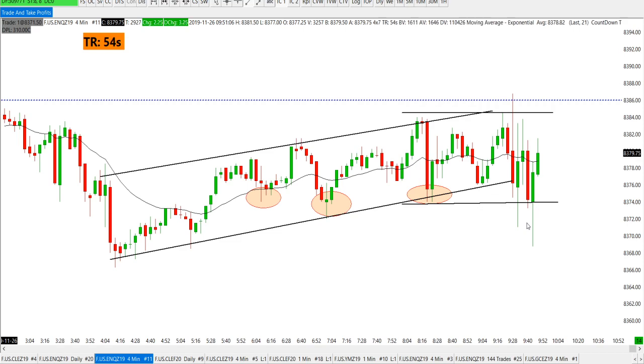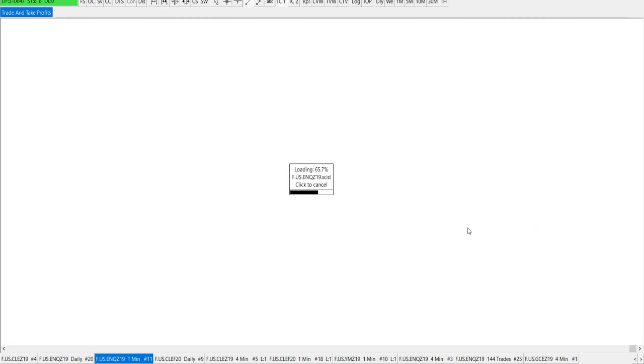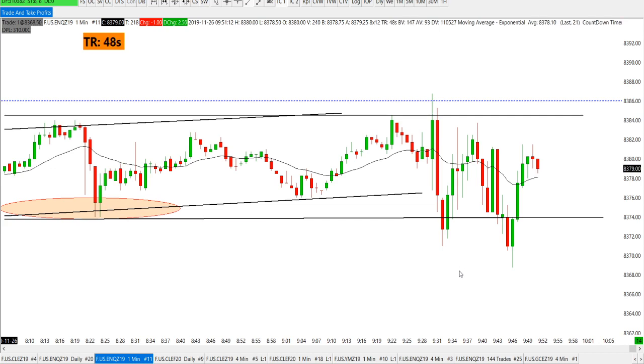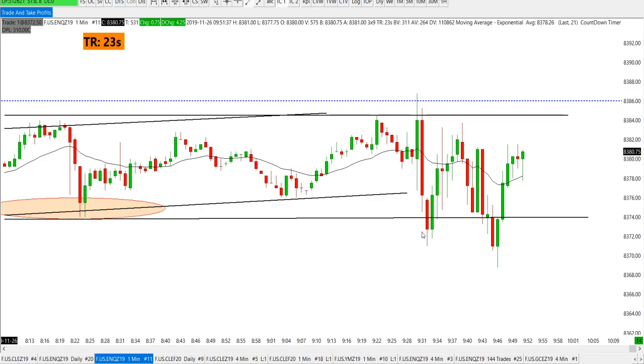So me personally, if I wanted to go long right here, I wanted a little bit more confirmation. But overall, I think the buyers might be in control right now. I'm just trying to basically get a decent setup right now. Like, I could be aggressive and buy right here, but I'm not trying to be aggressive right now.